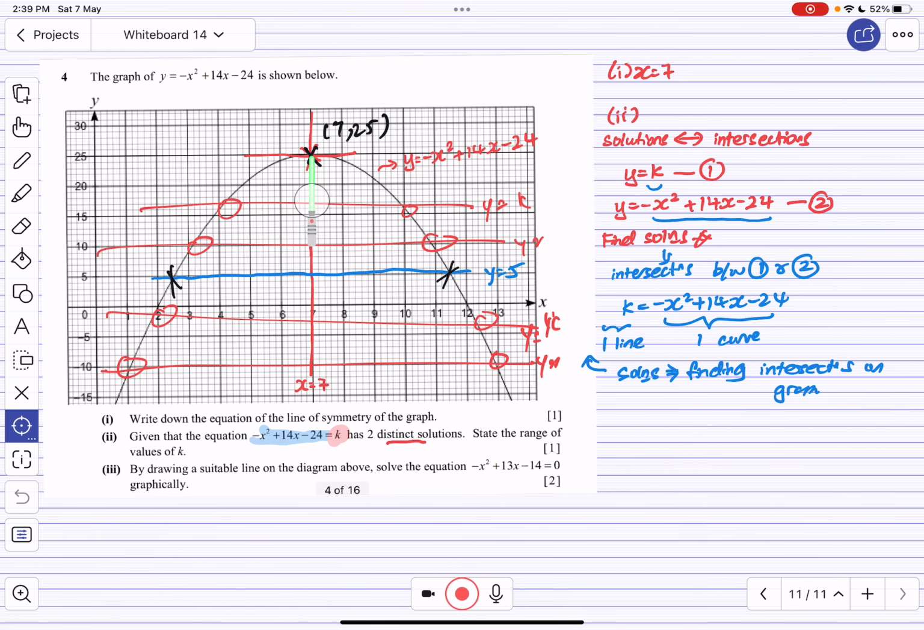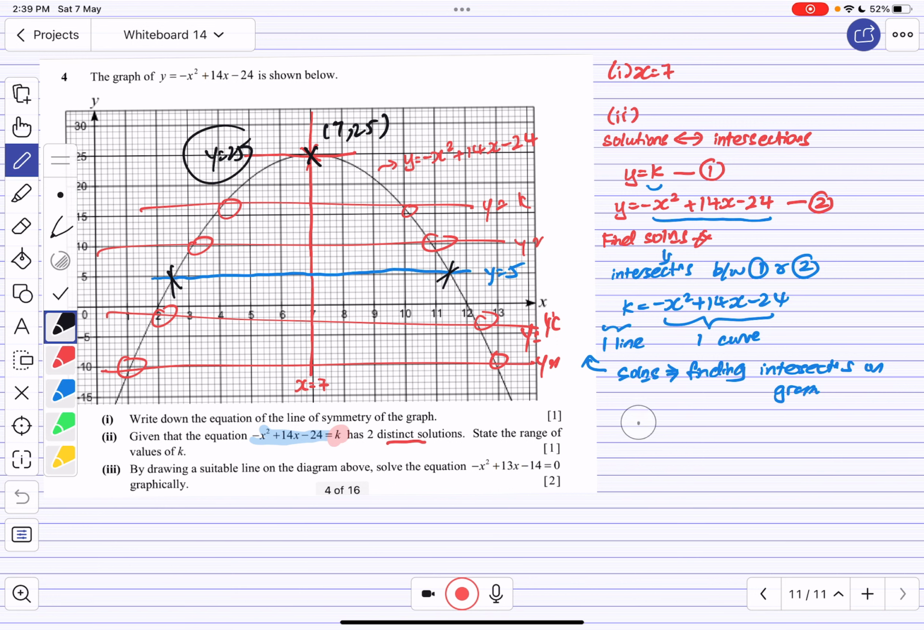So if your y, for example, is y equals to 26, it can no longer cut the curve. And y equals to 25 can only cut the curve at one point. This means that there will only be one solution, right? So what it means is that this k, or this value here, has to be less than 25 in order for me to continue to cut at two solutions, right? Because anything more than 25, if I take a horizontal line,